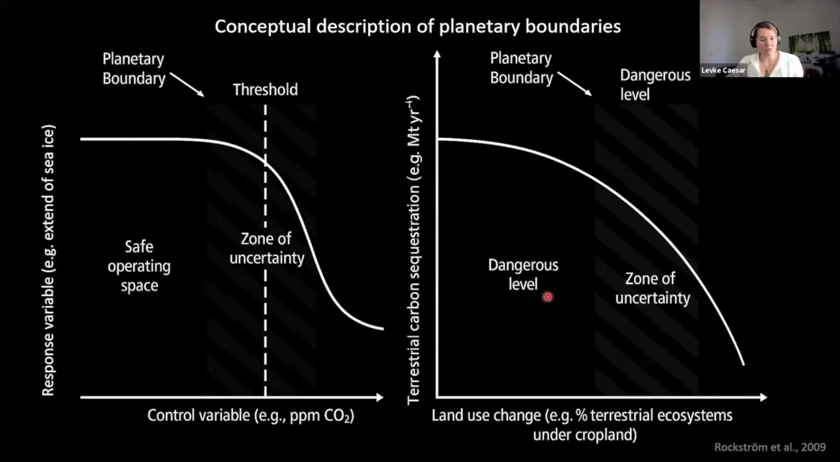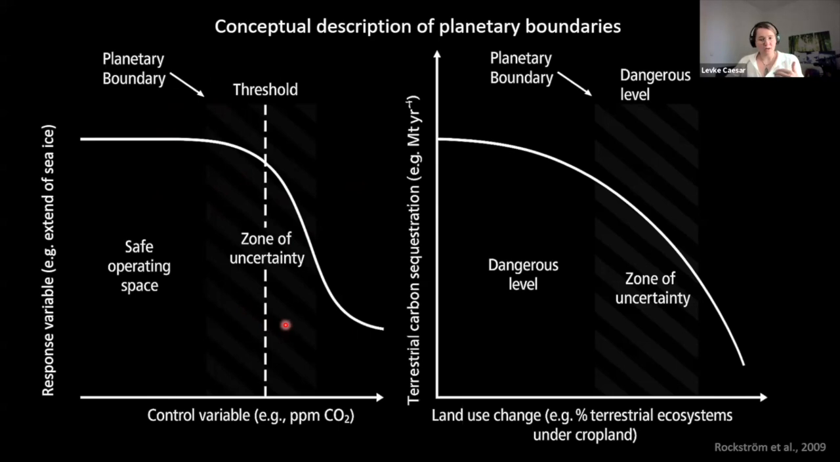They can also trigger local or regional thresholds, like forest dieback or lake eutrophication, so dead zones in lakes, which, when we aggregate them across regions, can also pose global risks. So in both cases, we can define a planetary boundary, and you can see here, ideally visible, that they are basically placed at the beginning of this zone of uncertainty that normally surrounds a threshold,